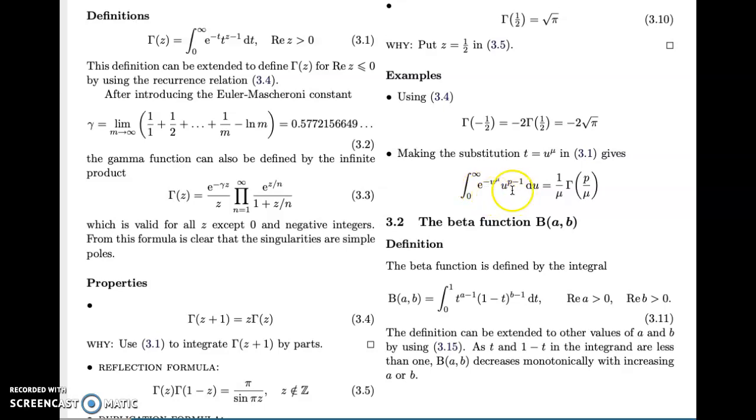What would actually happen is, if you were given this integral, it sort of works the other way around really. If you're given this integral, you would make the substitution t equals u to the mu to get it into this form, and you'd end up with z being replaced by p over mu. Anyway, I'll leave it for you to work through. So, a very closely related integral is the beta function,